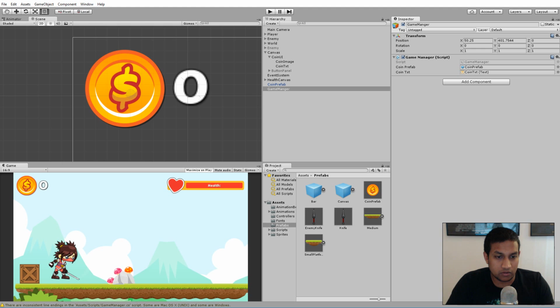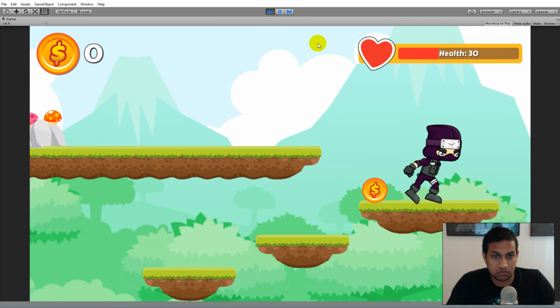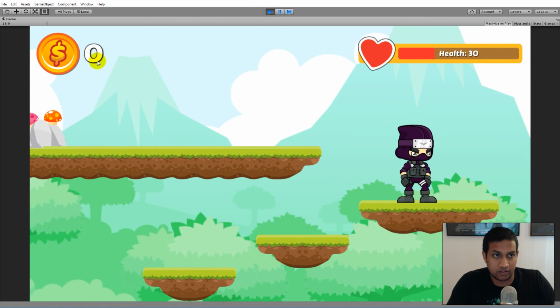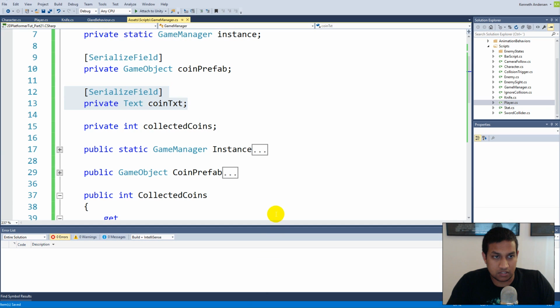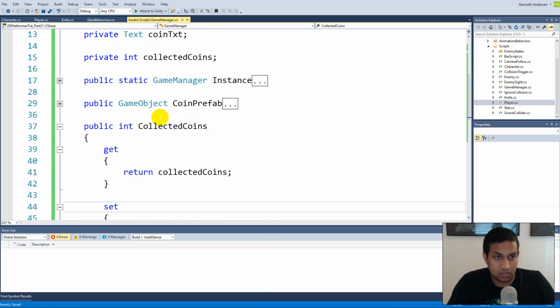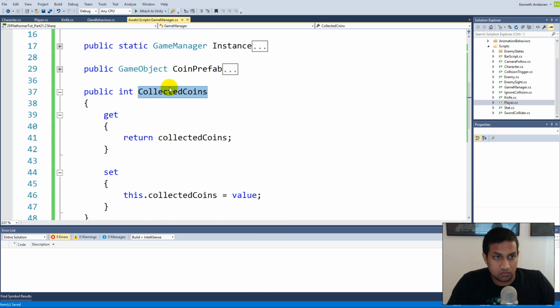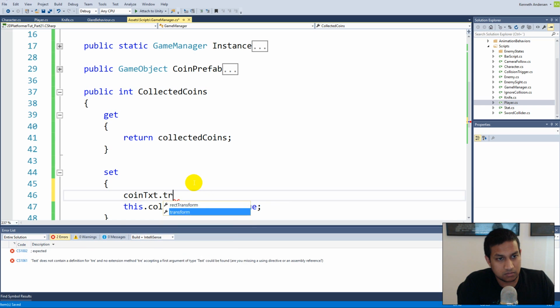So if we save this and run the game right now, nothing is happening to that text here. As you can see here, nothing happens up here. So we will have to increase the text, or increase the amount of coins in the text. So basically when we collect the coin here, we'll simply say coin text dot text equals